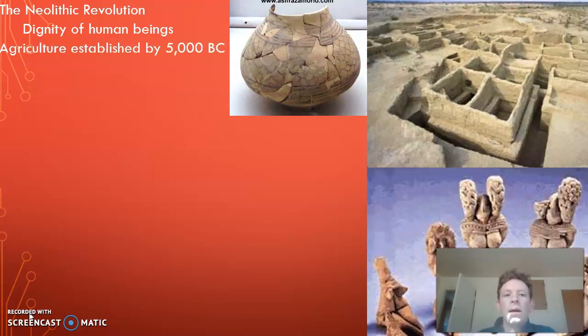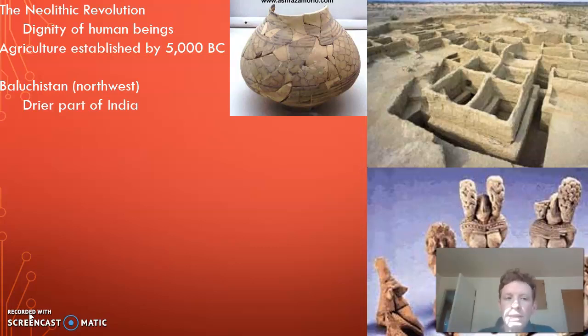By the time we come to around 5000 BC, we will find that agriculture seems to be well established in India, and that agriculture provides the foundation for these Neolithic societies. People are now living as farmers in settled areas and are creating homes, permanent homes for themselves. And so I'm just going to outline some of the oldest Indian remains, the remains of some of the oldest Neolithic societies that we find in India.